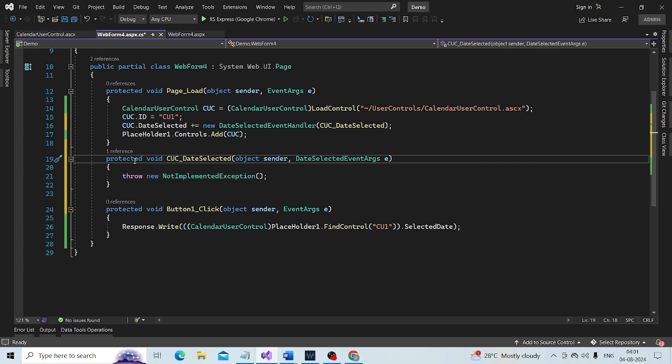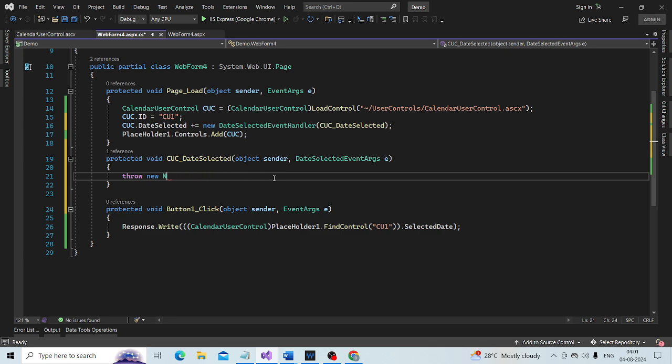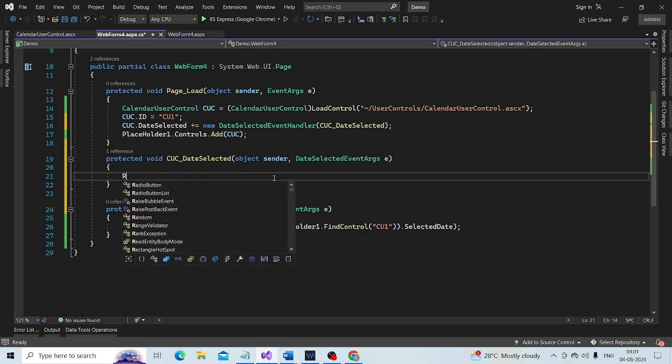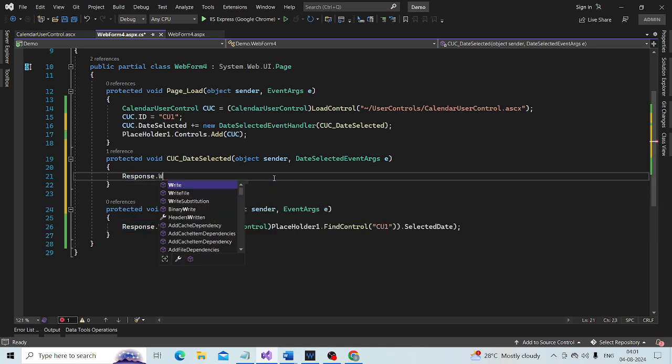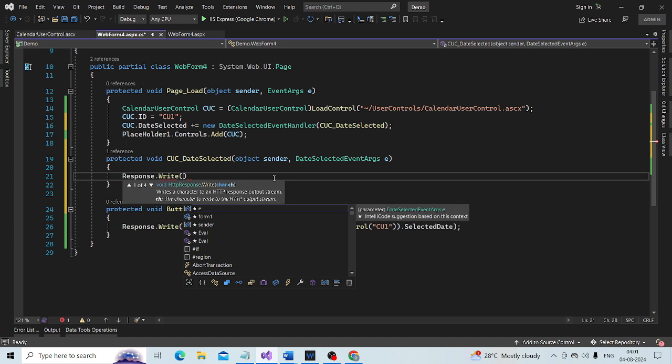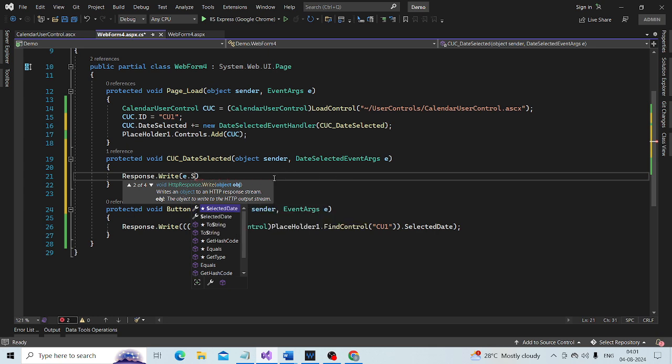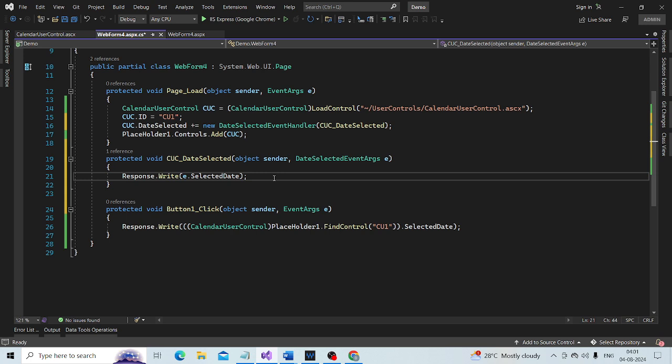So response dot write, e dot selected date.